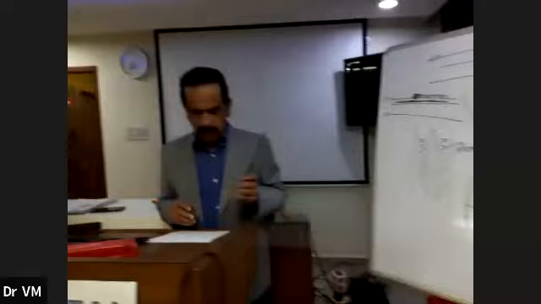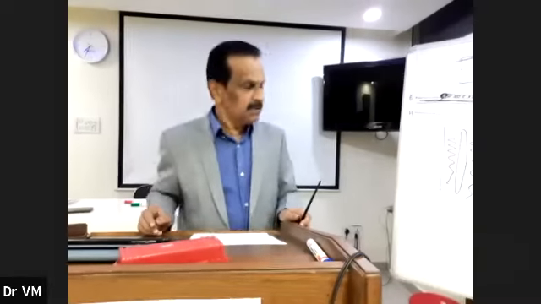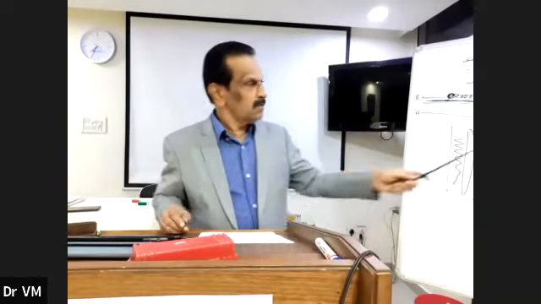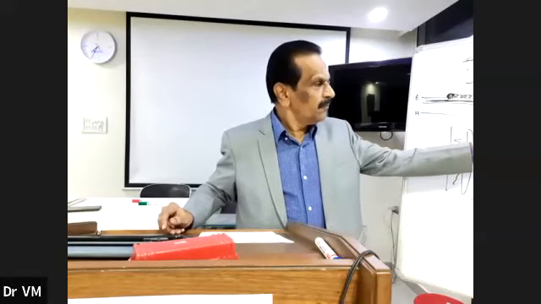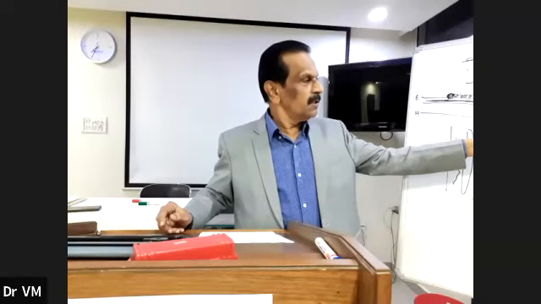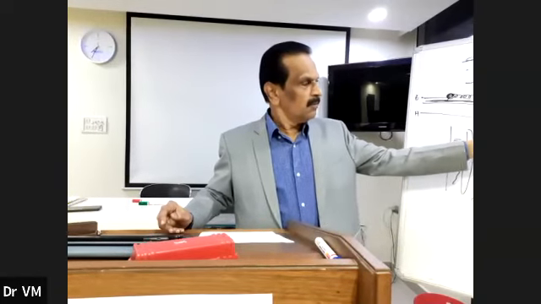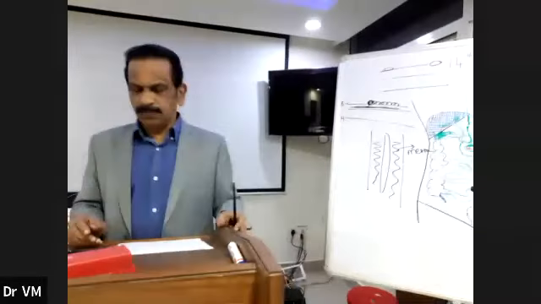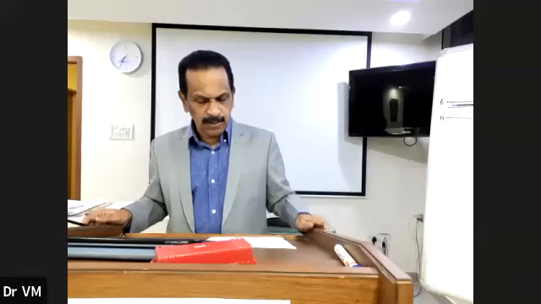So the main cause is weakness in the phrenoesophageal ligament. We have a phrenoesophageal ligament. This keeps the esophagus in position. The ligament connects from the diaphragm to the esophagus. If that is a little bit weak, you get this hiatus hernia, which is very common. And you have another type,